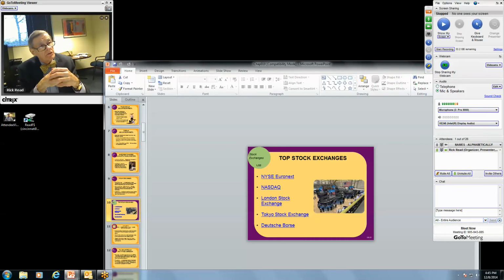The other one that is large is the CAC 40. That's in France. The Hang Seng in Hong Kong is a large stock market. I don't remember what the name for the Tokyo Stock Exchange is. I'll have to remember that and give it to you some other time. But those are the major stock exchanges, plus the Hang Seng in Hong Kong that I mentioned to you.